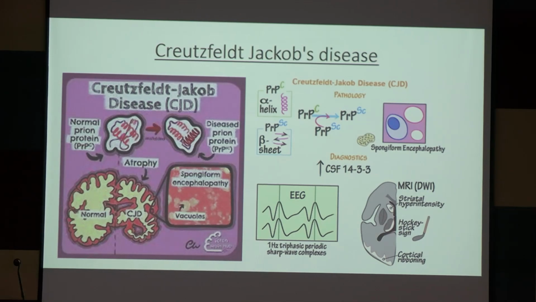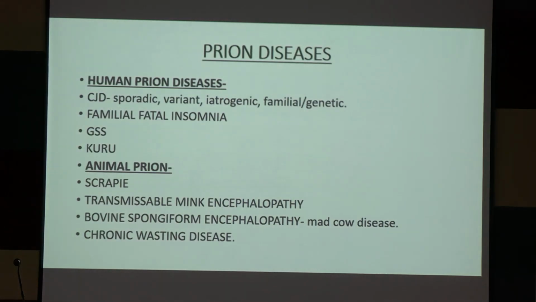CSF, there is raised 14-3-3 protein, typically we find triphasic discharges in EEG, and on radiology we find pulvinar sign, okay, pulvinar sign and cortical ribbonning, বোঝা গেল এগুলো কি কি হয় না হয়।